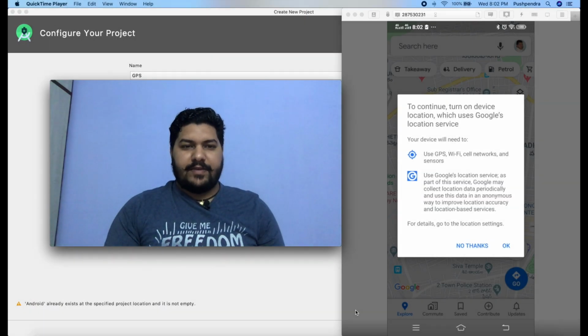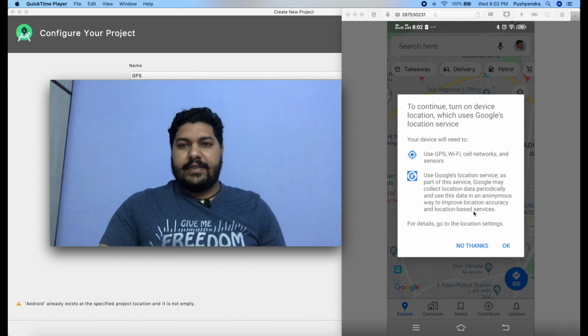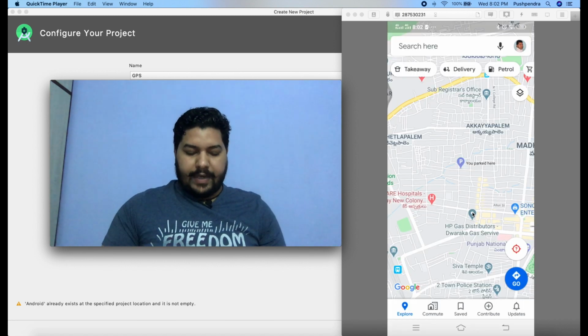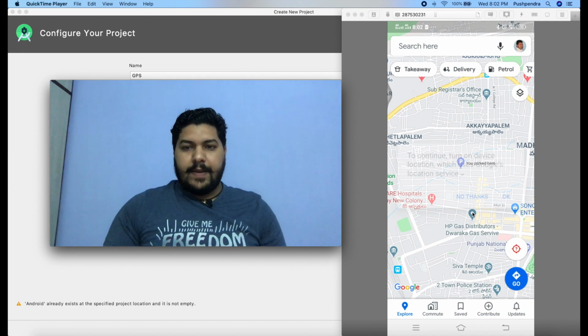Once again I came with a very interesting tutorial. In this tutorial I am going to tell you how you can open GPS like Google Maps in your Android application. And it's very simple. Here you can see one screen and this is Google Map. If you click on no thanks, then you will see this pop-up is not coming back. You have to click on the red mark, but in our application we will do this automatically.